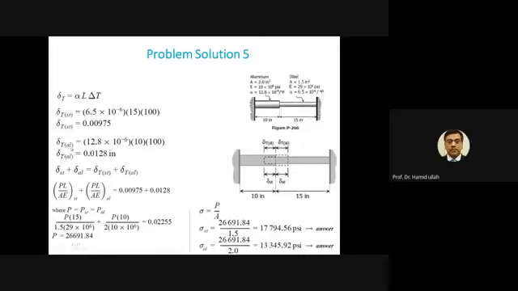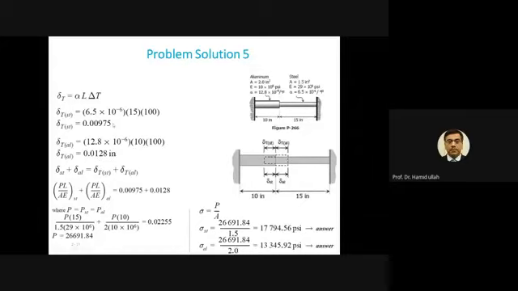The same formula you apply to aluminium. For aluminium, you can see the data is given. We make use of the data, so you can have this value of elongation for aluminium because of temperature. So remember, this is because of temperature in steel, and this is because of temperature in aluminium. And again, you can see the unit is length, inch. Here it is missing, so better you write inch here.